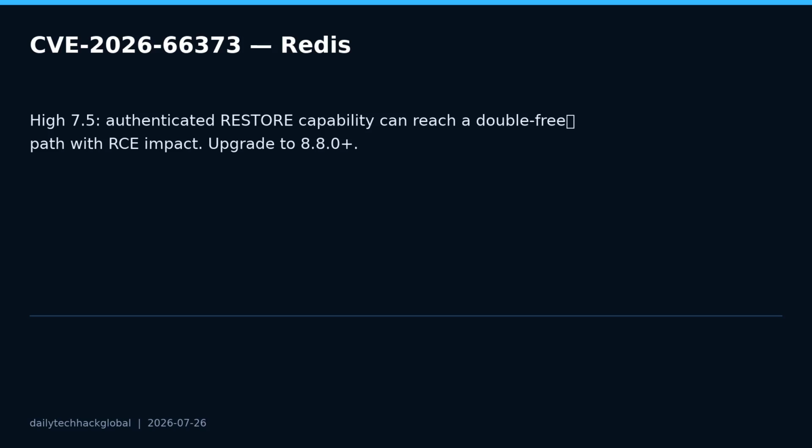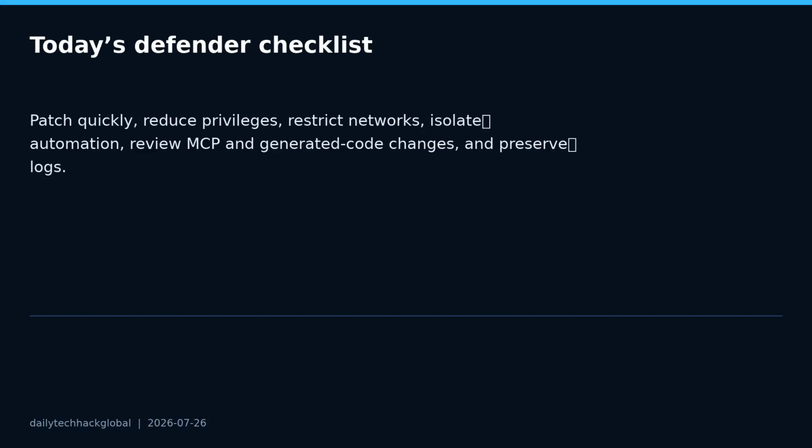CVE-2026-66373 affects Redis before 8.8.0 in a narrower but important condition. An authenticated attacker who can execute restore may reach a double free path with remote code execution impact. Upgrade to Redis 8.8.0 or later, restrict restore and administrative capabilities, require strong authentication, limit network exposure, and review stream